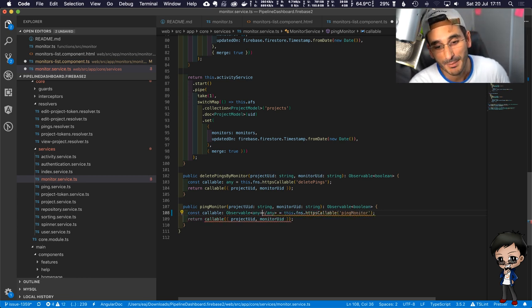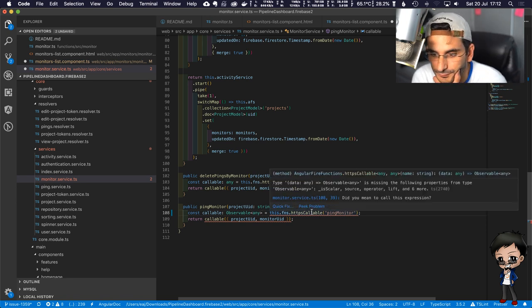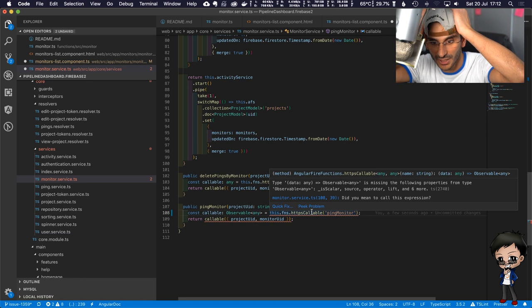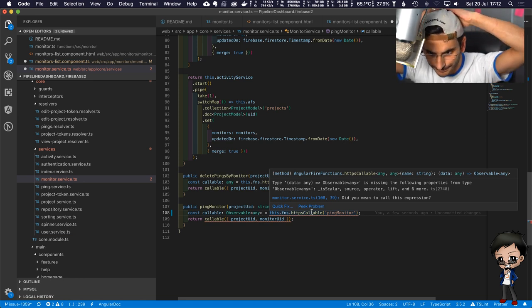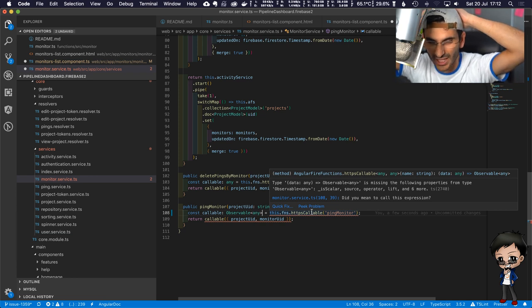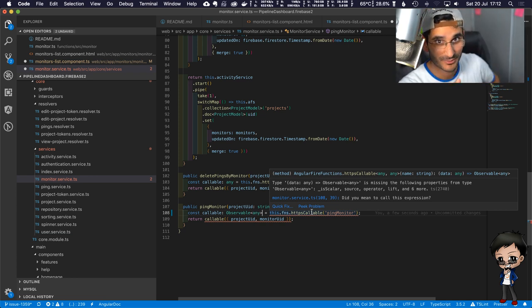This is what I was telling you about that plugin that autocompletes. So you're trying to do a generic and it thinks it's HTML. Well, what does it complain about now? Let's have a look. The return is observable any. Let me see. It is missing the following properties from type. I love TypeScript, but sometimes when types aren't set on external libraries properly, it's a bit of a pain.